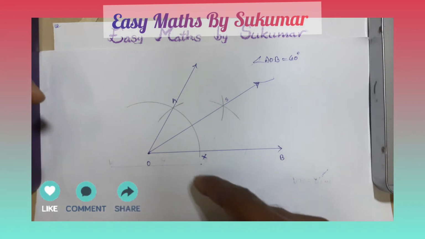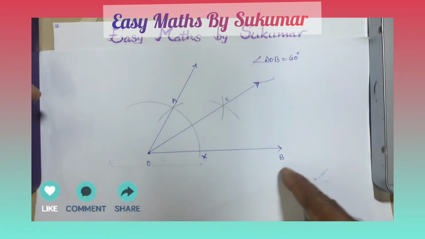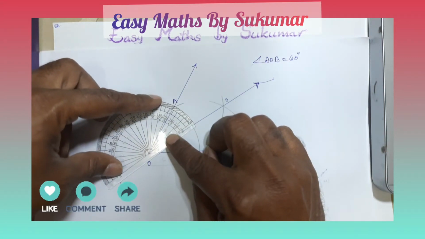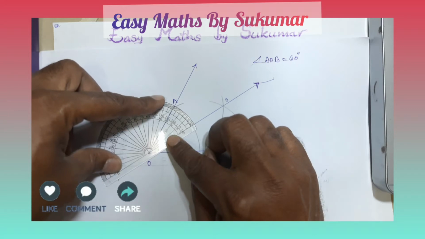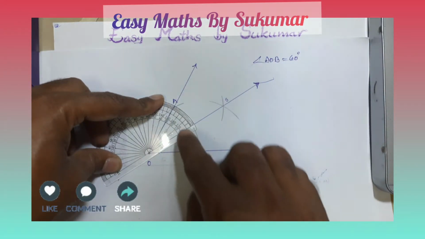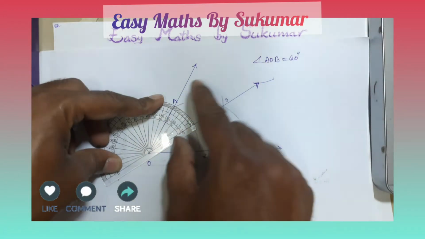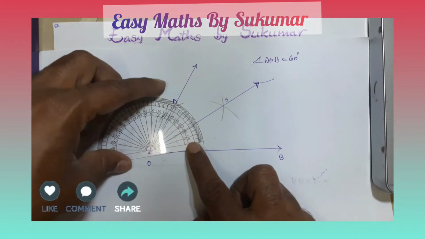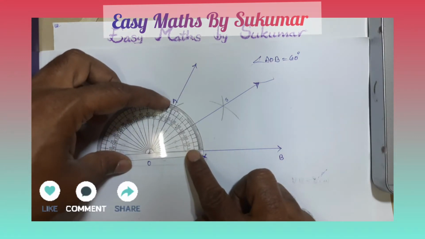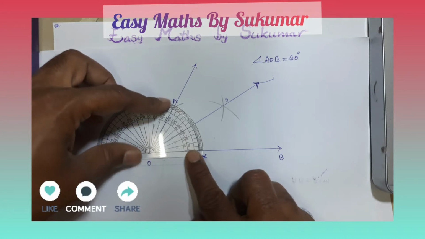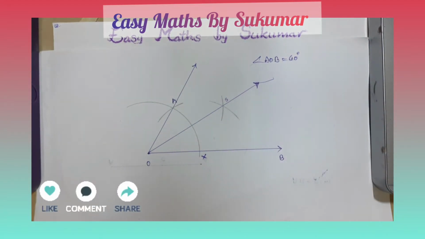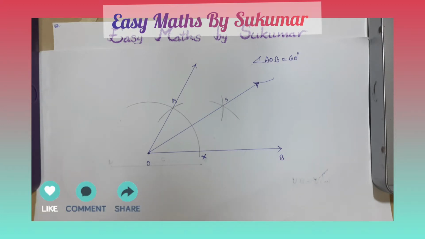See, if you measure this angle AOS or BOS, then you will notice that this angle is 30 degrees. This total angle is 60 degrees. So this bisector divides this angle AOB into two equal parts, two congruent angles. So each angle should be equal to 30 degrees. This is also 30 degrees. This OS is called the angular bisector of angle AOB.